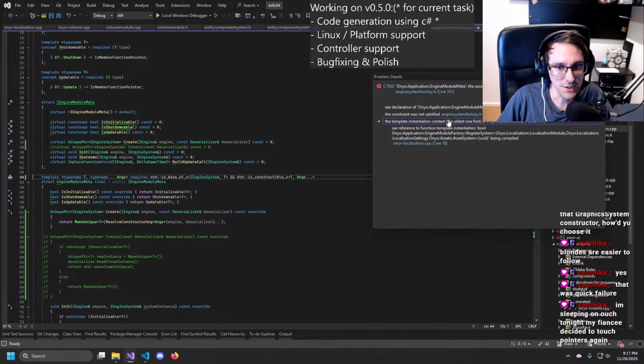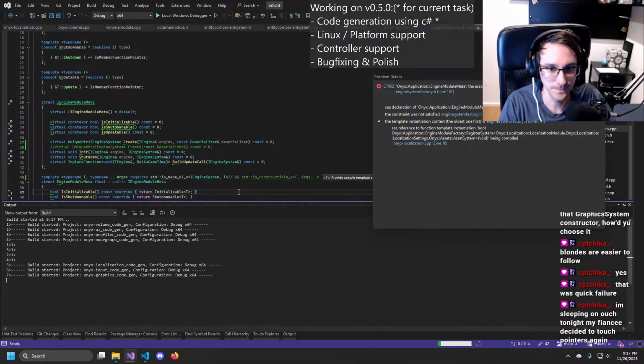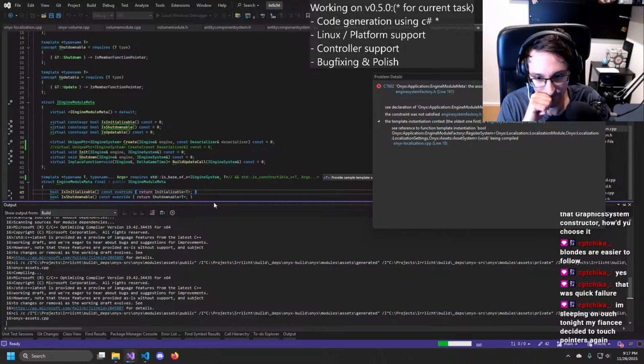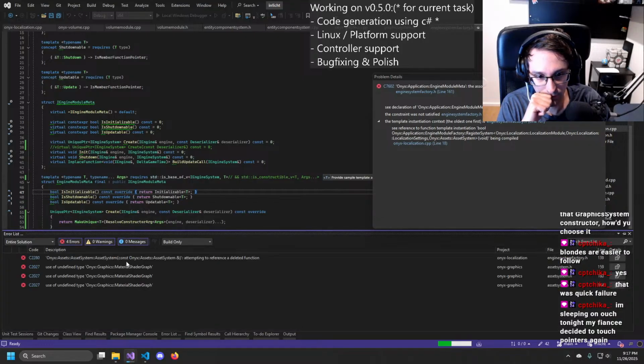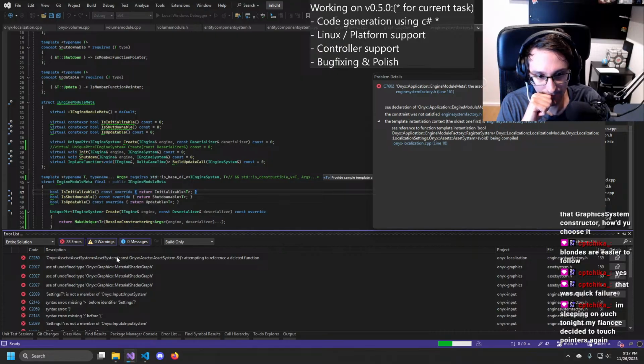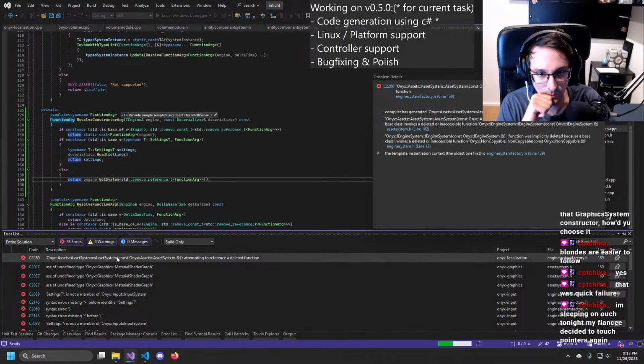This constraint was not satisfied. Let's get rid of that for now. Attempting to reference this deleted function. What?